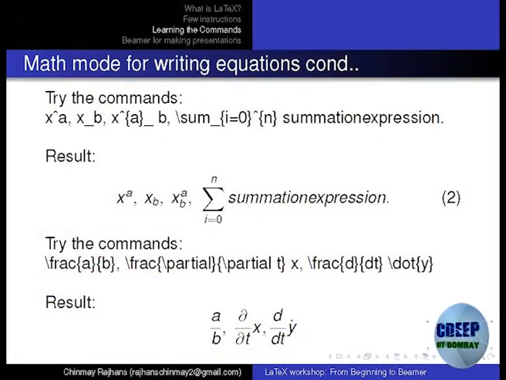Okay, some more equations. So try this command. x raised to a, that is a raised-to symbol, superscript, subscript. You can do a combination of both. You just have to put proper curly brackets and you can do a combination of both. And summation is for writing summation signs. You can have fractions. So fractions is \frac, curly bracket, first whatever you want to write, that is the numerator, and then followed by a denominator. Inside that again you can make a double fraction and all these possibilities. You can use nested fracs and all that, right?